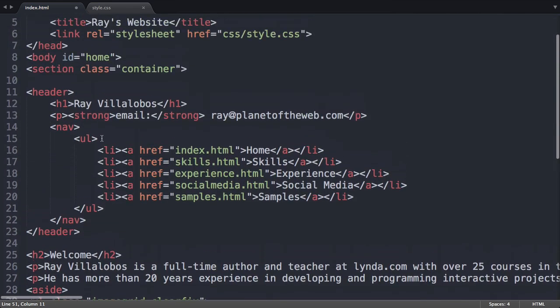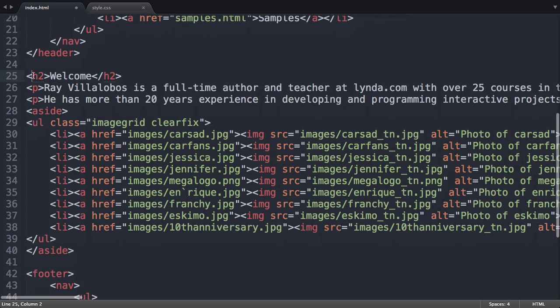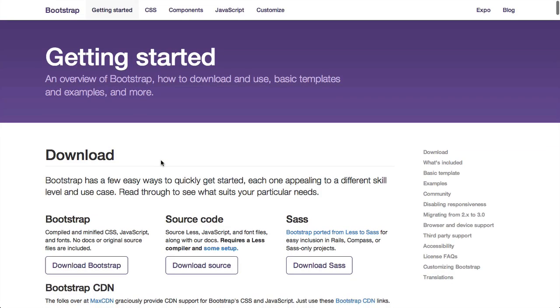I have this same kind of navigation here at the top as well in a header section with my name and my email address. And then I also have this sort of bunch of content here. Here's the image grid that I coded in the CSS. So pretty plain. To add Bootstrap, we need to go to the Bootstrap website, go to this Getting Started section once again,